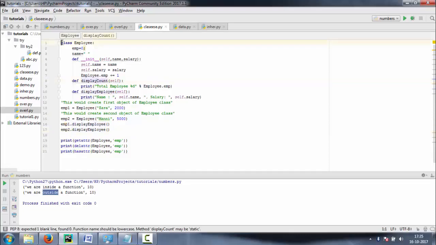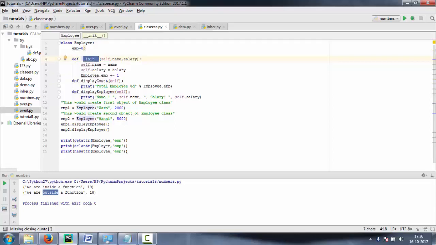Now first I use the class keyword, and after that we give the appropriate name, and this is a static member variable which is predefined. And after that, this is a static member function, and it will start with the def keyword, and this is a predefined member in it.